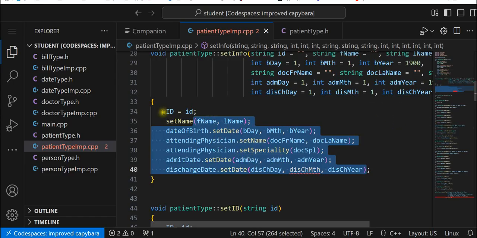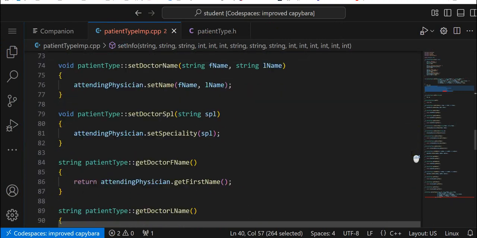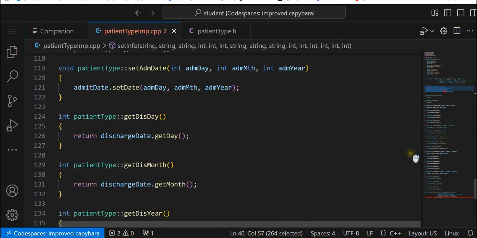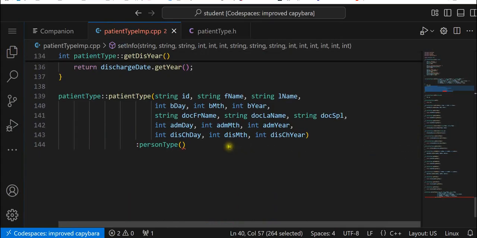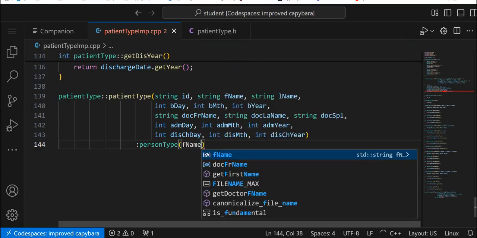Bracket. Right outside of brackets here. Let's just cover these brackets. Paste it. Copy. Let's just type it. Trying to. L, N,